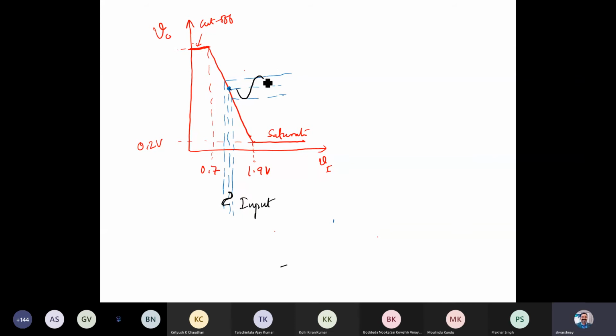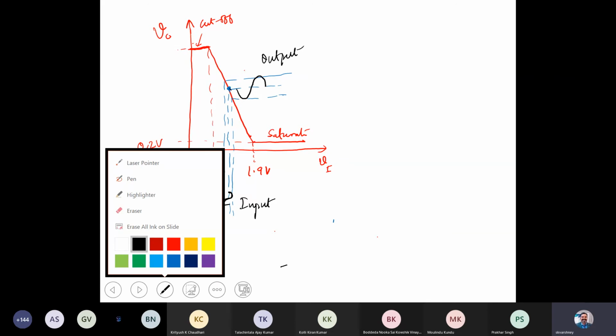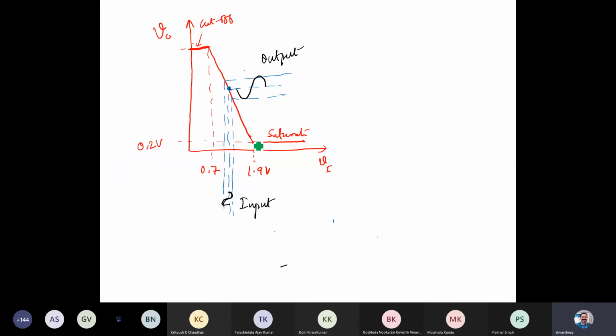I'm just giving the idea of the sinusoidal variation. So this is an output. Now what's happening, let's say we take a point, we are somewhere here. Somewhere here the Q point is moved because we increase the voltage amplitude in such a way that you have now a condition where you're giving an input signal like this. But if you look into it, because there's a variation, what are you going to obtain?